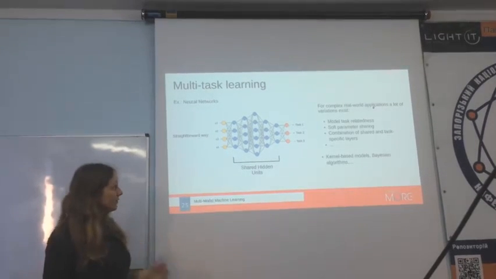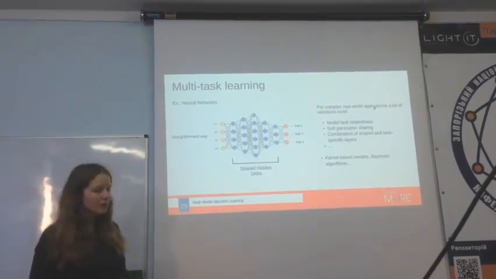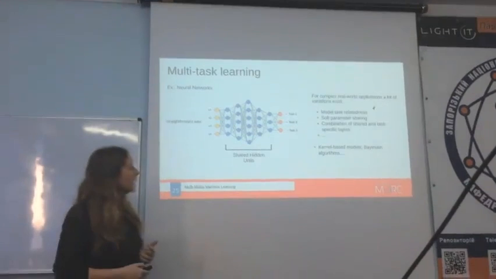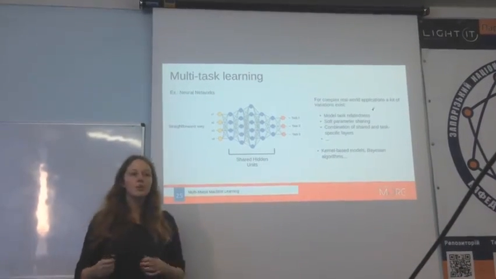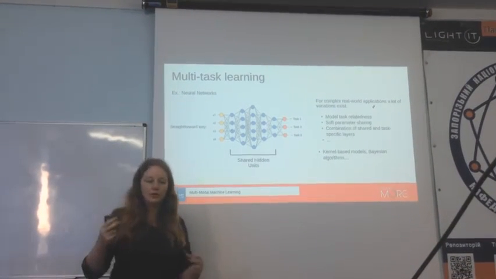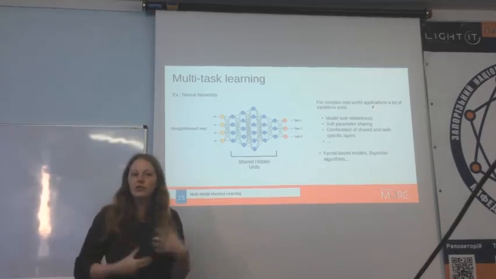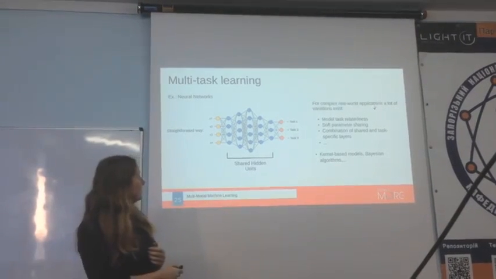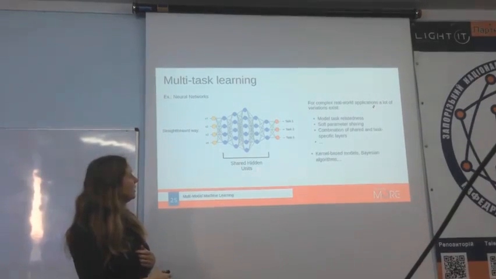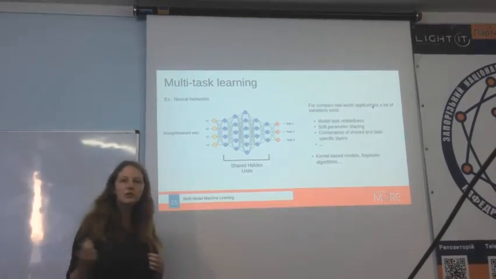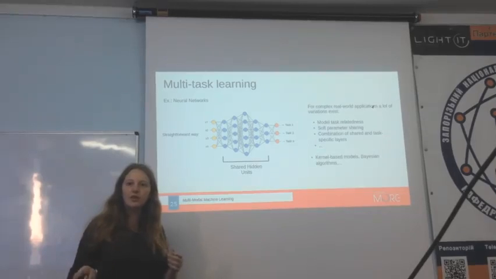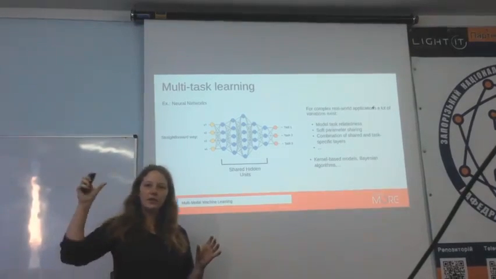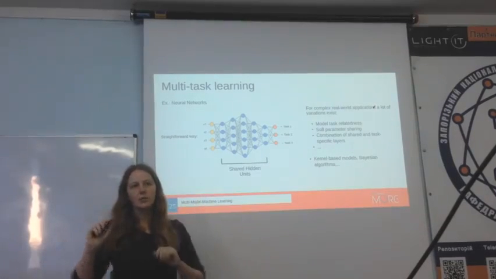So that's definitely possible, but sometimes it's not enough. Sometimes you have to do a little bit more. Sometimes you want to model task relatedness. If you know how the tasks are related, we can also use that information to make a model better. This is what we call hard parameter sharing, because all the parameters, all the hidden units are shared across all the tasks. Another way is soft parameter sharing, where you have a different neural network for each task, but you're